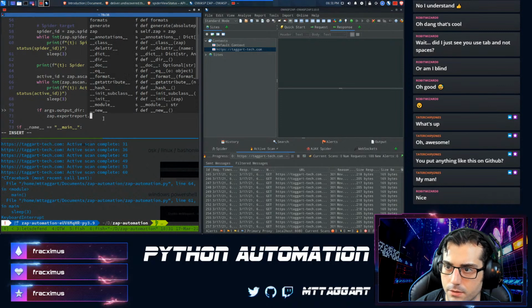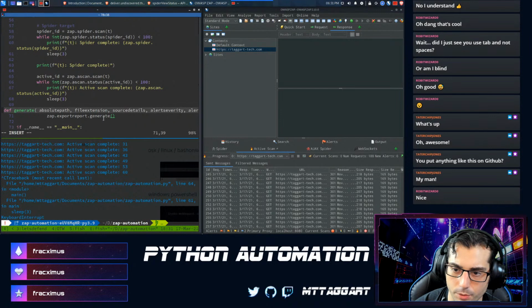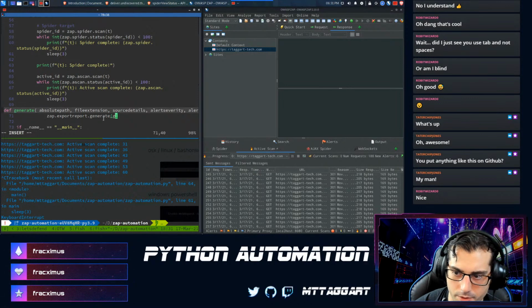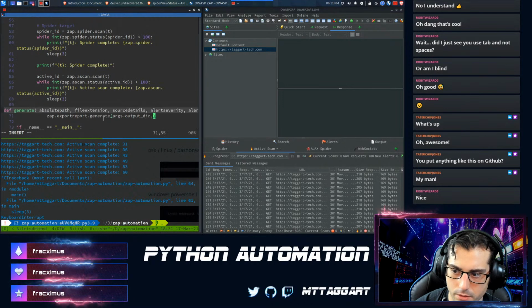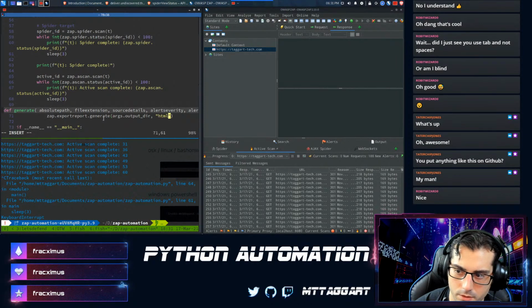And generate. So the absolute path is going to be, I'm going to say args for the moment, args.output dir, and then the file extension is HTML.